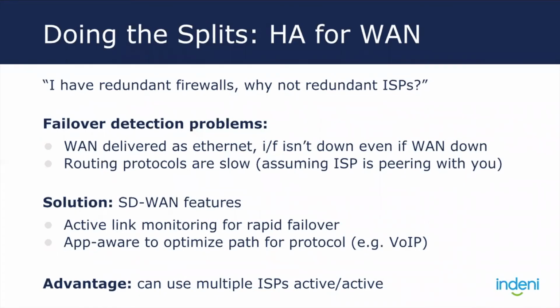With SD-WAN, the FortiGates are going through and actively measuring the health of each of the links. And they also have application awareness, one of those next-gen firewall features. So you can go in and configure policies in your Fortinets, or profiles, depending on how you want to do it,